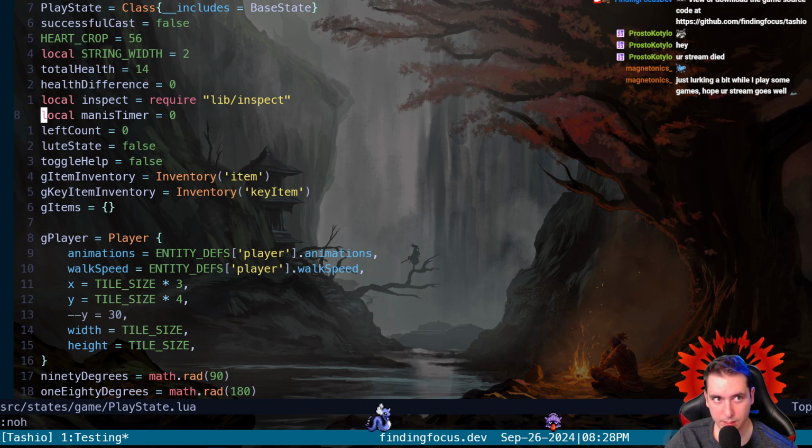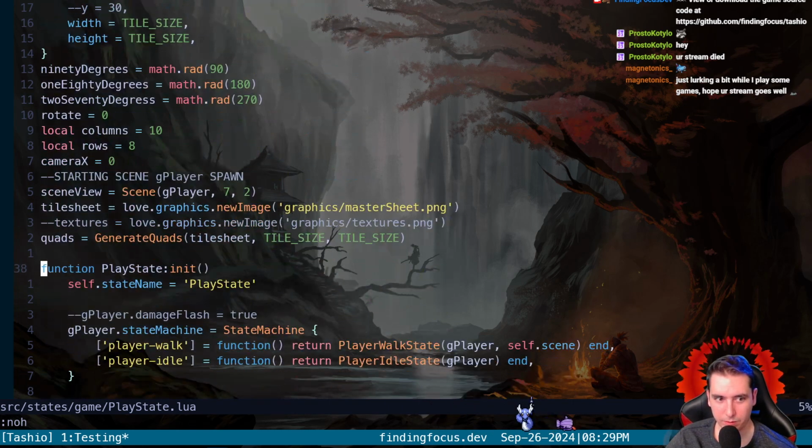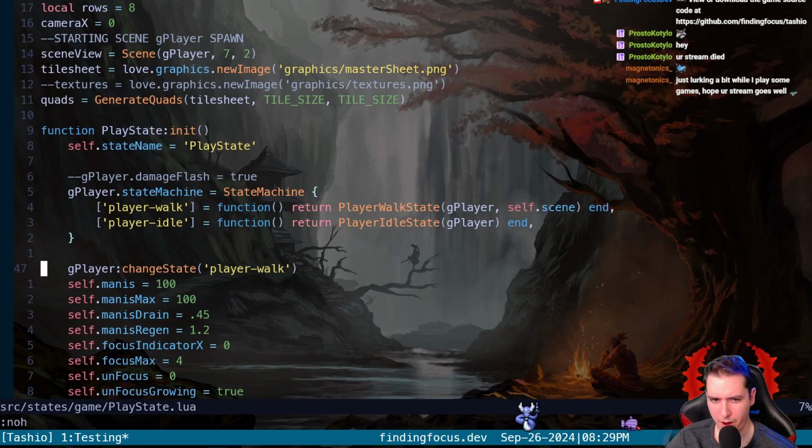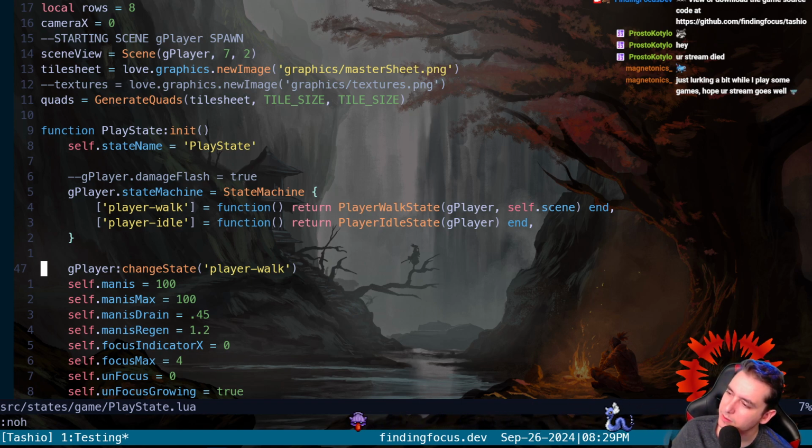Now the thing is, this was outside the init. I don't know if that matters. The thing is, we shouldn't be initializing Lute more than once, except... Yeah.